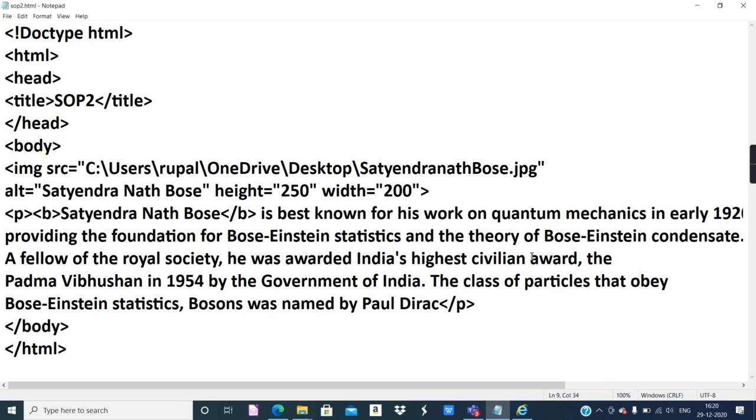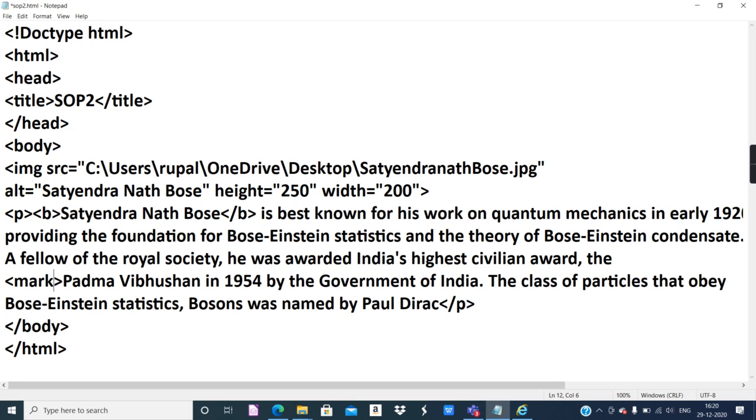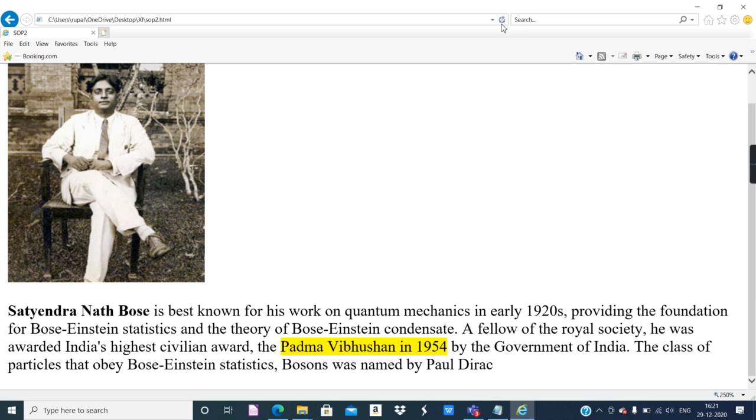Yes, he is a recipient of the Padma Bhushan award. So this I'm going to mark. I will use the mark tag to highlight the text. Open and close the tag wherever you feel this text needs to be highlighted. Now see, this has been highlighted. Looks good. And I will also highlight this Bose-Einstein condensate